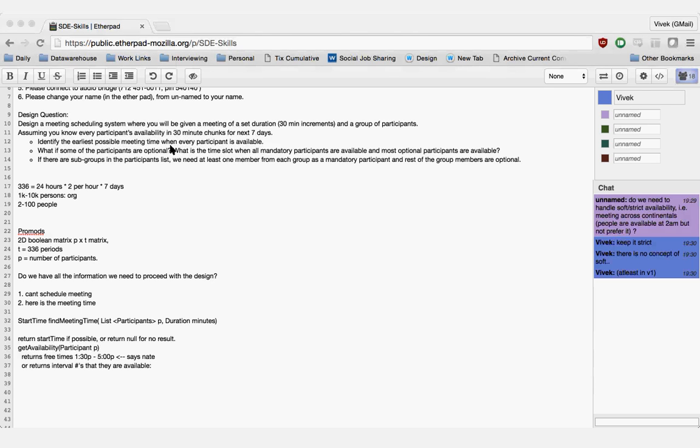Fair enough. I think the question was whether you are going to get intervals or specific discrete ones. For simplicity, let's assume you get the interval numbers that they are available, and you'll get all of them for the whole week. In the worst case you get 336 numbers, which indicates that they're completely free, and in the best case you get 0. So now what's the next step?